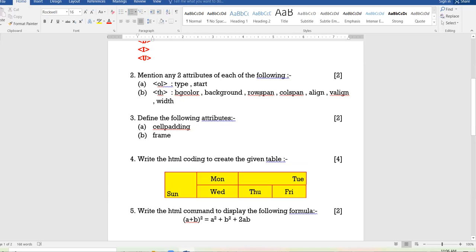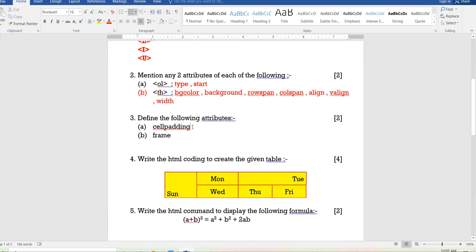Now this is not a proper way to write the attribute name, giving space in the attribute name, row, then space, span. This is not an appropriate name for the attribute. Space never comes in the attribute name. So be careful with respect to this. Am I clear to all? So this is the answer for the second question.